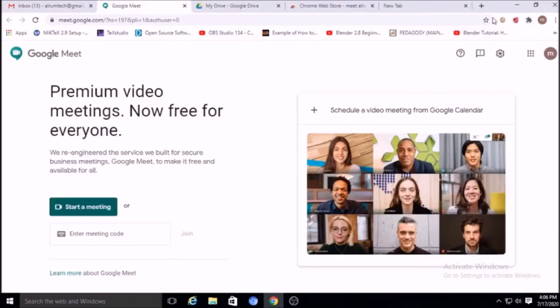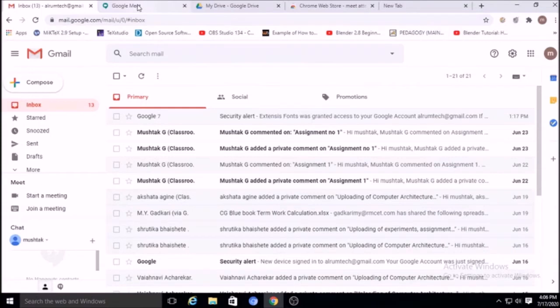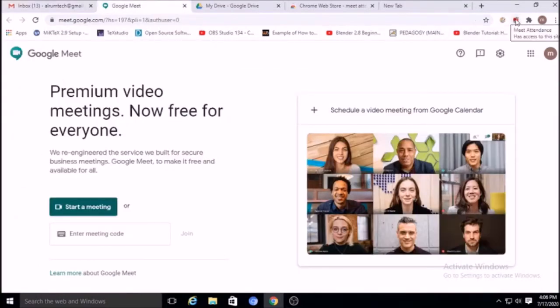So this particular extension will be enabled or have access for the Google Meet, and whenever it is in the other website, at that time it is in off state. If you are in the Google Meet, at that time it is on state. Now after adding this extension, that is Meet Attendance, now I will show you how to record the